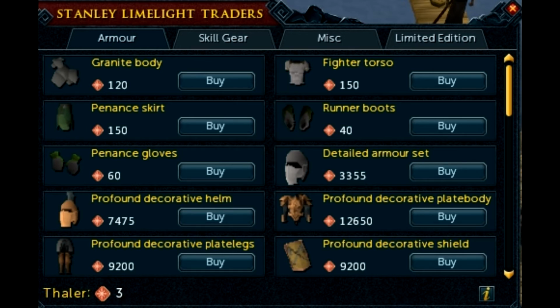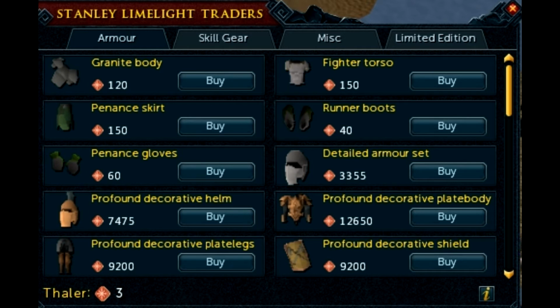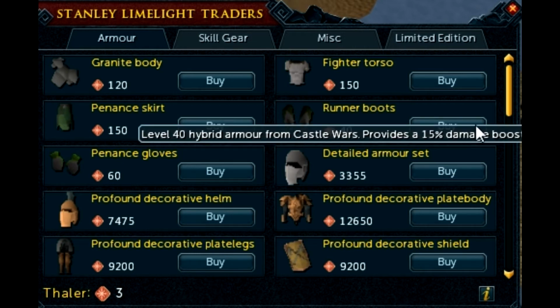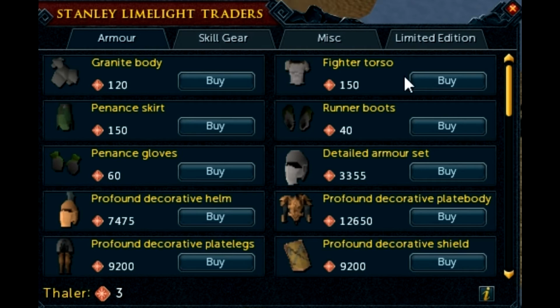However, because it's done like that, because you still get commendations, it is a good time to go for the void armor at the main shop. Now let's have a look at the prices of this. It says Thaler here, it's not an in-game item, so you have to come here to see how much you've got. I'm on the armor tab, so we have